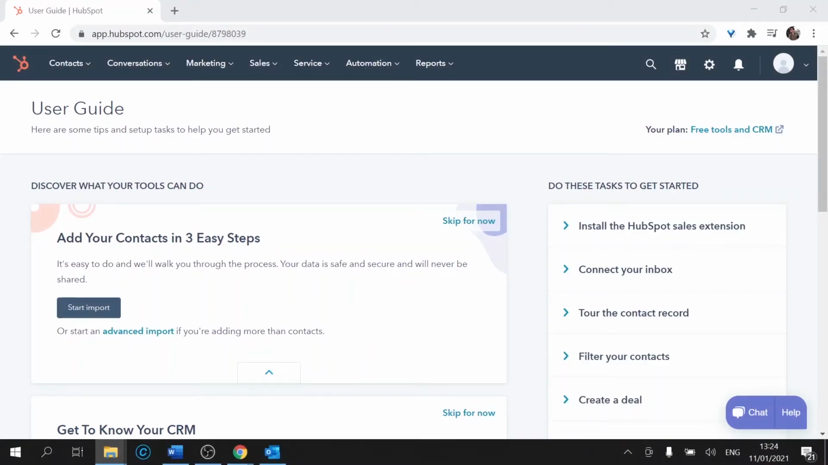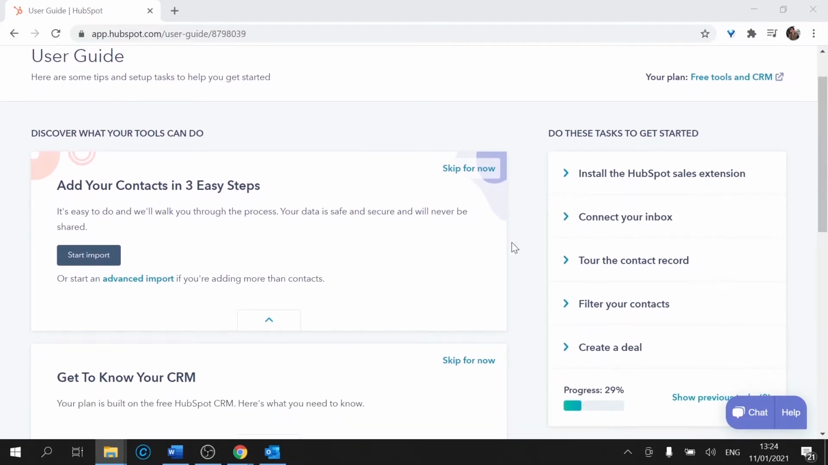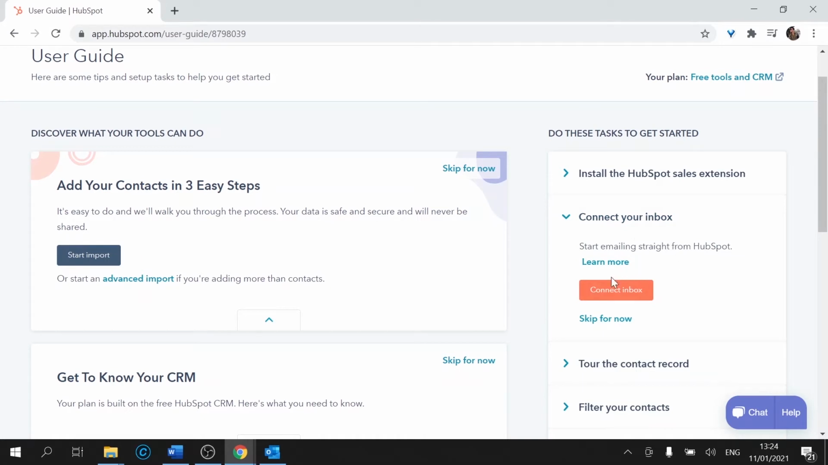In this video, we're going to be looking at how to connect your Outlook email to HubSpot. So I'm here on the main page for HubSpot, and I'm simply going to look on the right here, and you're going to see an arrow that says connect your inbox. So if I click connect my inbox,